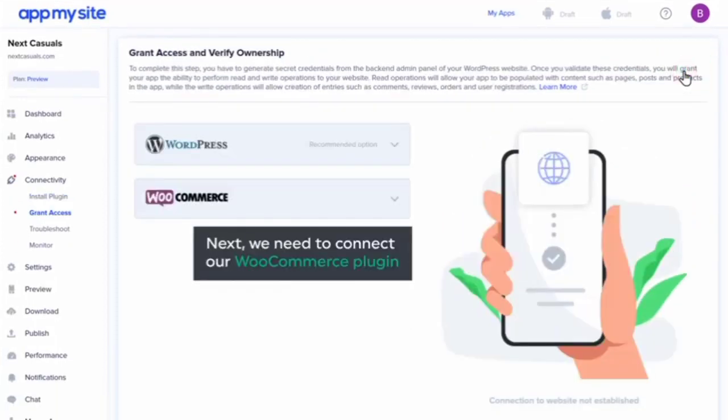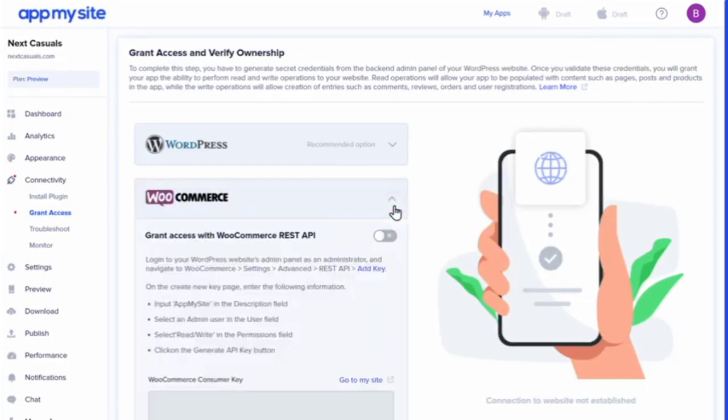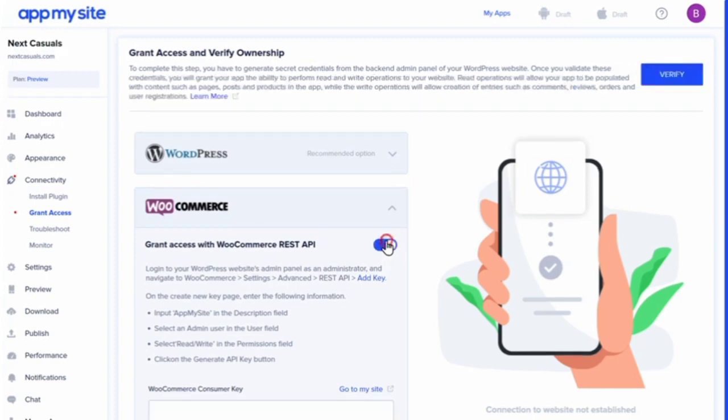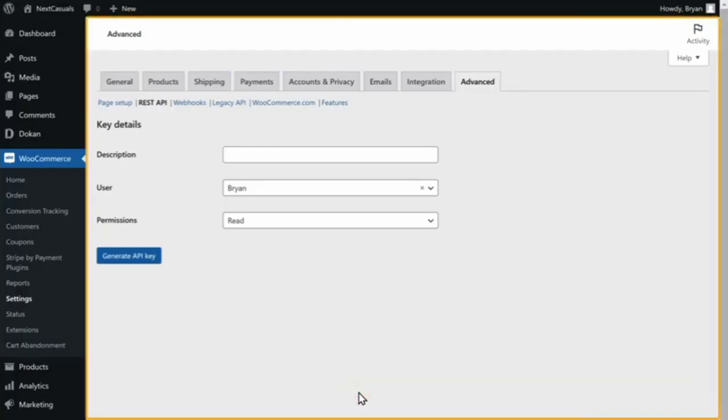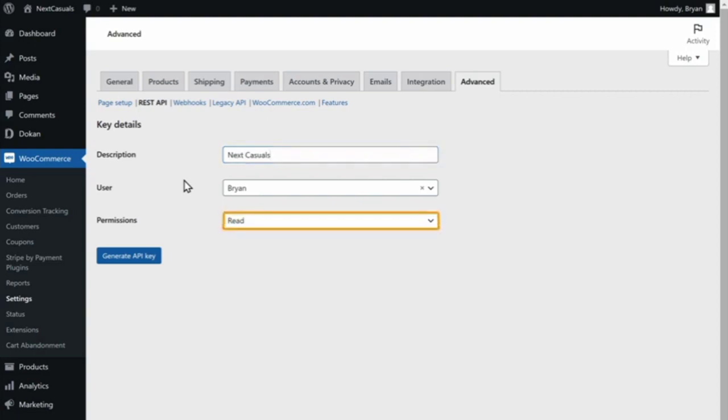Next, we need to connect our WooCommerce plugin. So to do that, just click here, enable this, then click Go to My Site. Now it will take you to this page. Here, just enter the app name. I'm going to enter Next Casuals and here,